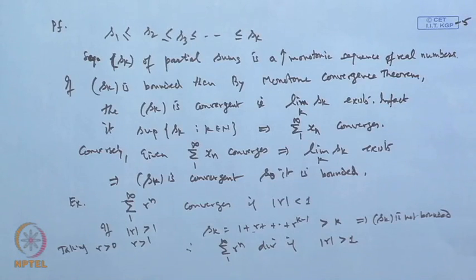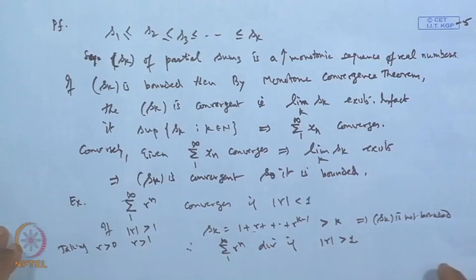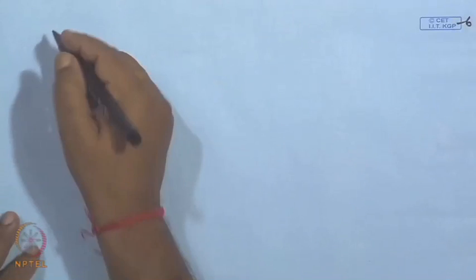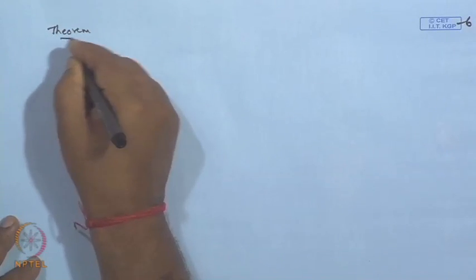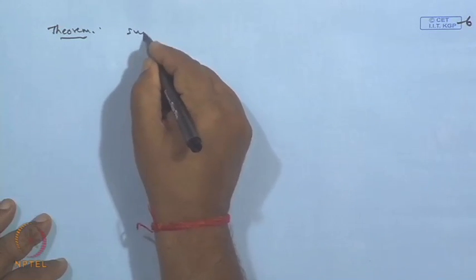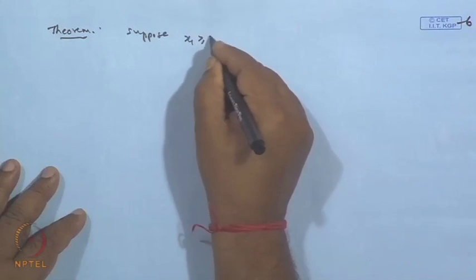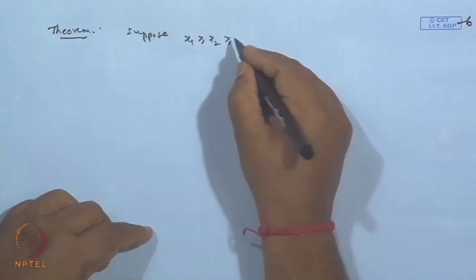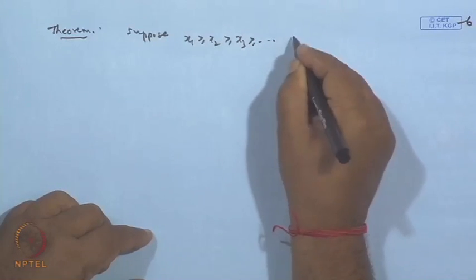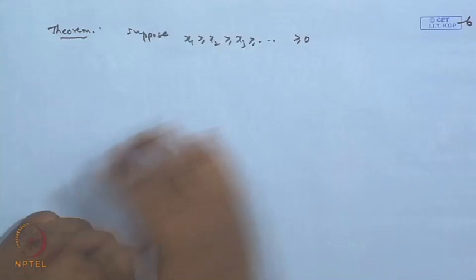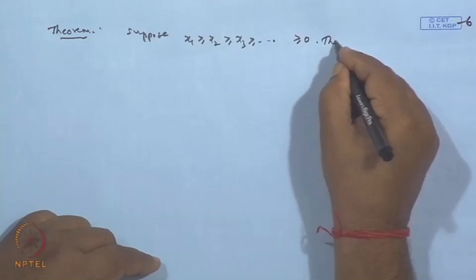yes, this next result which will help you in deriving a few more results. This result is in the form of a theorem. What this result says is, suppose x 1 is greater than or equal to x 2 is greater than or equal to x 3 is greater than or equal to, all terms are greater than or equal to 0, meaning non-negative terms. Then the series